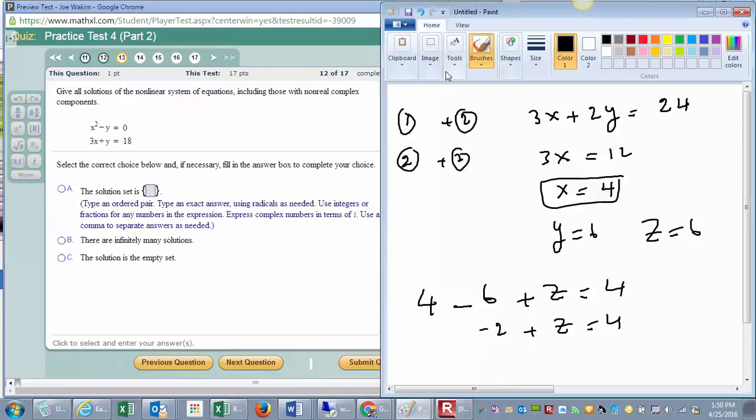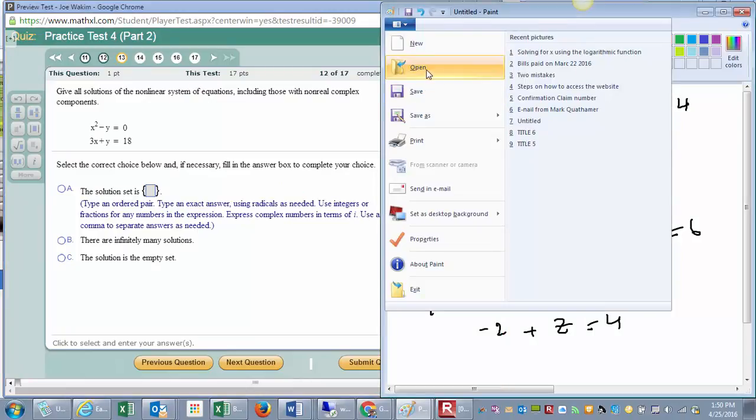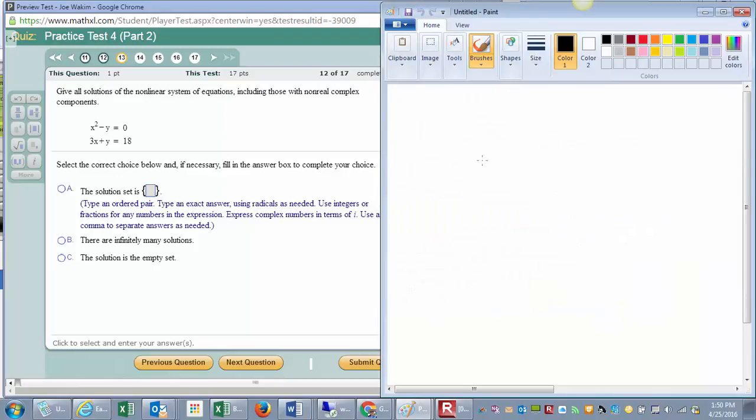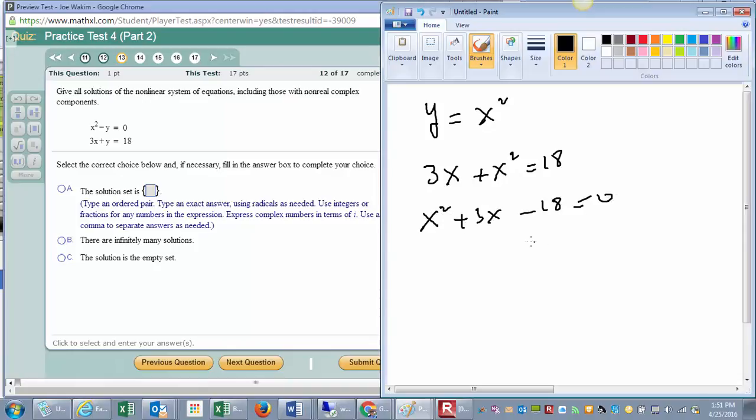And here we have a parabola and a straight line, so we could have two solutions. Okay, so we can say y equals x squared, and then substitute y for x squared in the second equation. This is a quadratic equation or a trinomial. We have x squared plus 3x minus 18 equals 0. The product is negative 18, the sum is 3. So 6 and 3. So that would be x plus 6